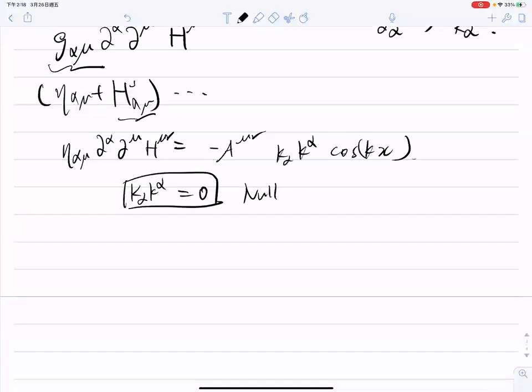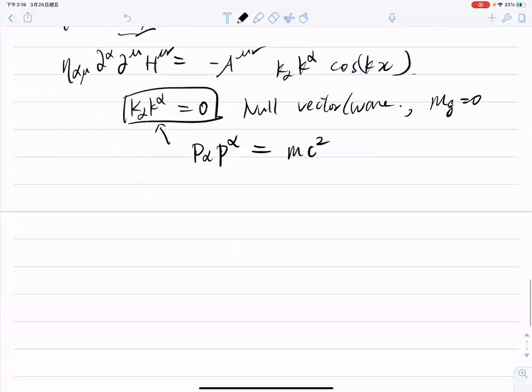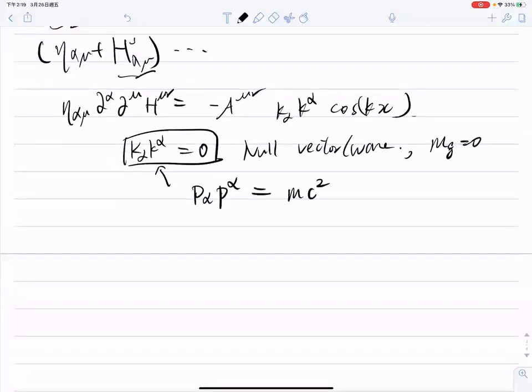It is the null vector or null wave, which means we assume the graviton mass is equal to 0, just like the photon case. If you have learned classical mechanics 2, the special relativity is basically p·p equal to m c squared, something like that. Don't mind if I have made some mistakes with the indices. The m we assume is 0, so we have a null wave